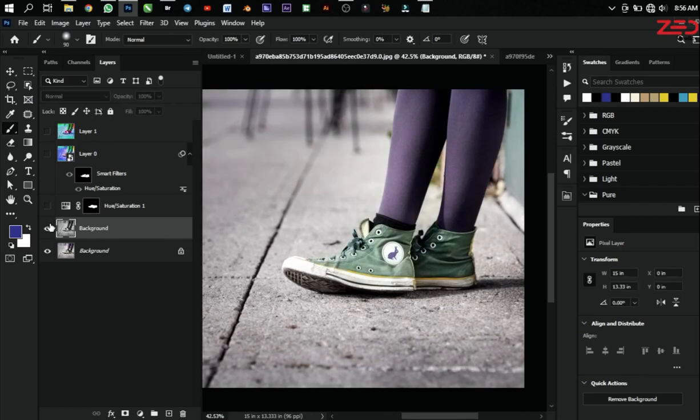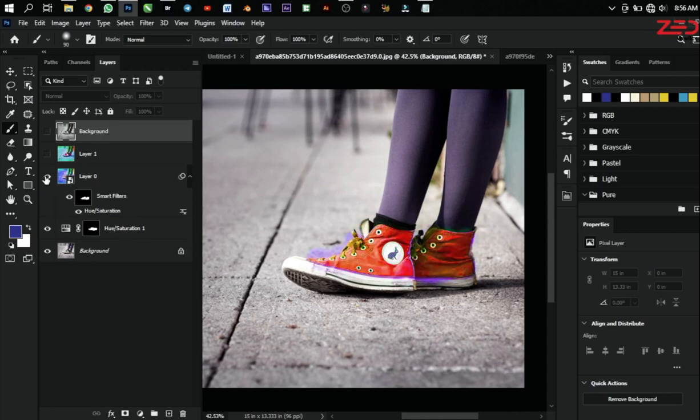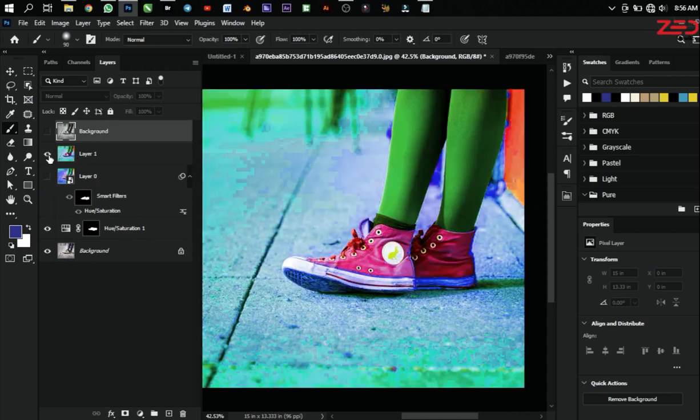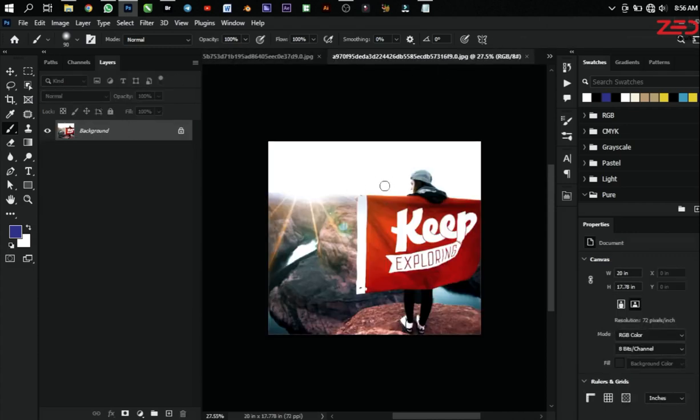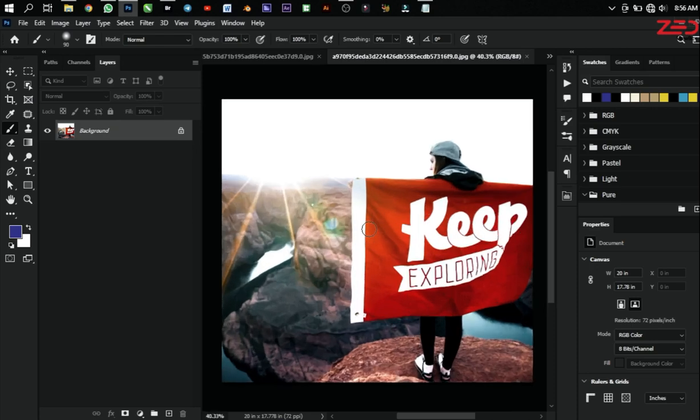Look at the before, look at the after, look at this adjustment, and look at it over here. If we switch out this layer, let's just take this above here, and here is another adjustment, here is another adjustment. So if it's a flyer you're designing, you can make many adjustments to it. So we're going to just talk about the hue and saturation, since we have been applying it, so that we can also